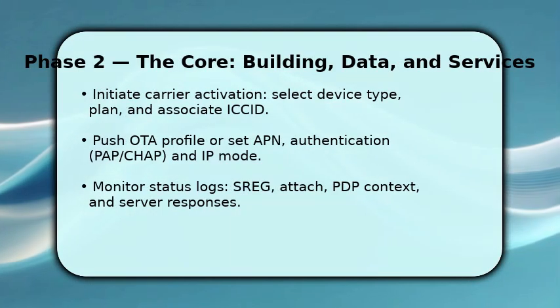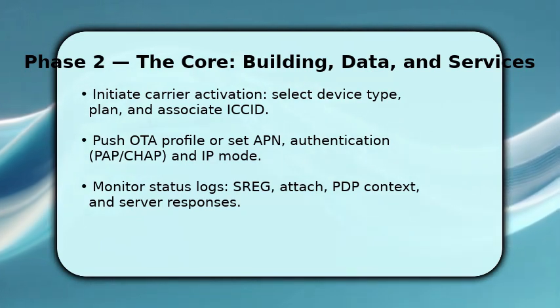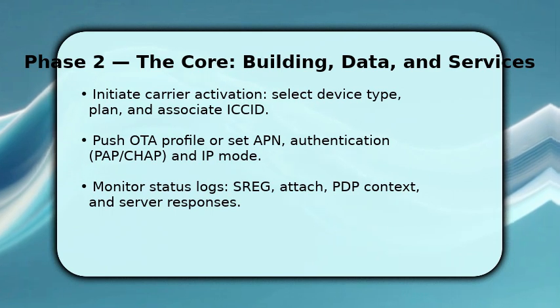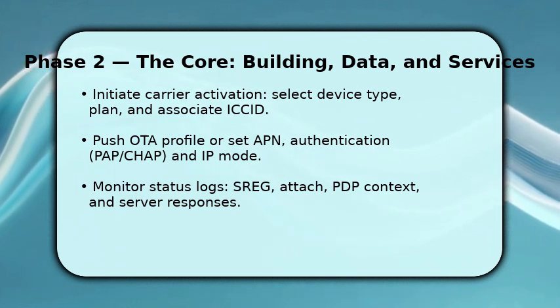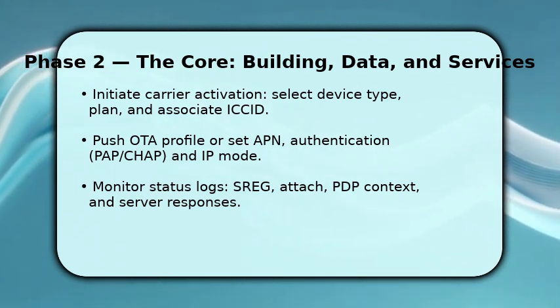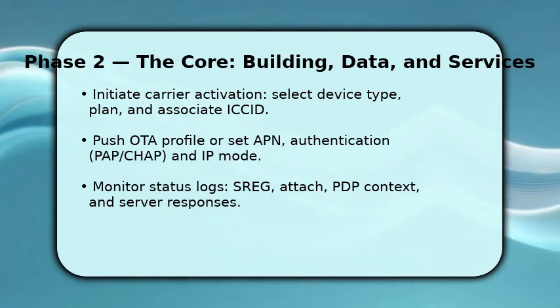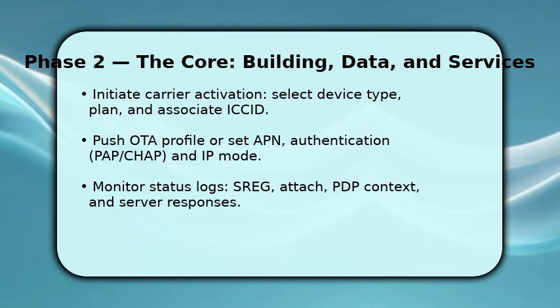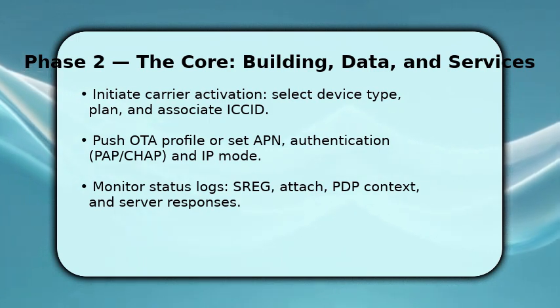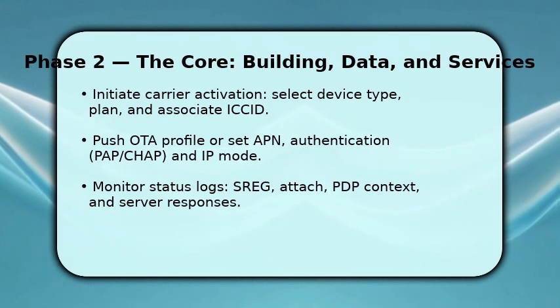You now run the provisioning flow through the carrier portal or your provisioning server. First, associate the ICCID with the IMEI and chosen plan, then push the OTA SIM profile or manually configure APN, authentication method, and IP mode. Watch the device logs for attach, PDP context creation, and SREG responses. These entries show success or the exact failure point. If an OTA fails, retry with incremental changes and log each attempt so you can compare successful versus failing command